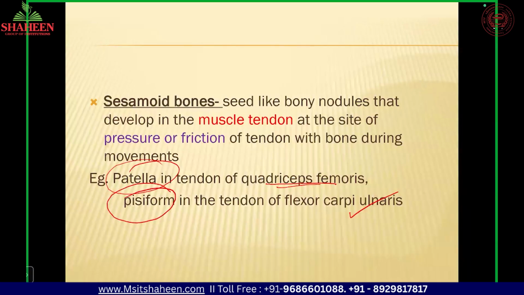Which aspect of your forearm is the flexor carpi ulnaris in? Anterior aspect. Very good. So patella and pisiform are the common sesamoid bones, and we have a lot of other